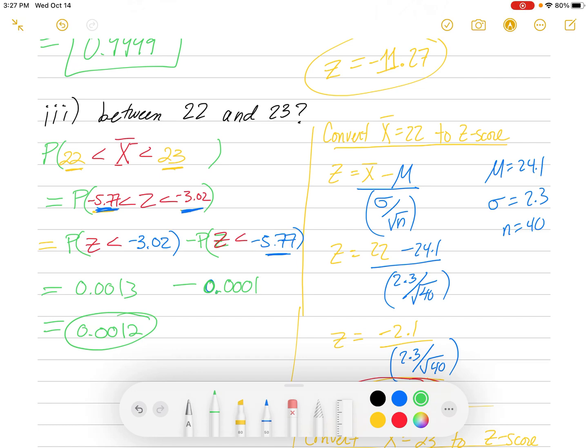So it's a very small probability of getting an average between 22 and 23 for those 40 ACT scores. Very unlikely to get an average between 22 and 23. All right, so I guess we'll